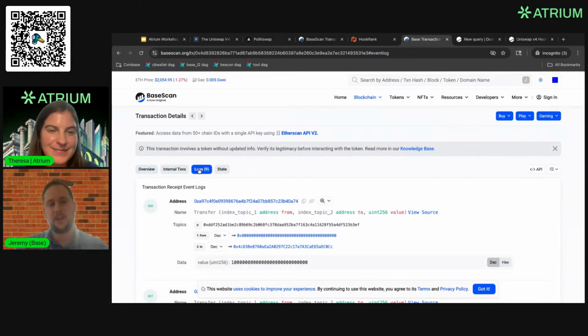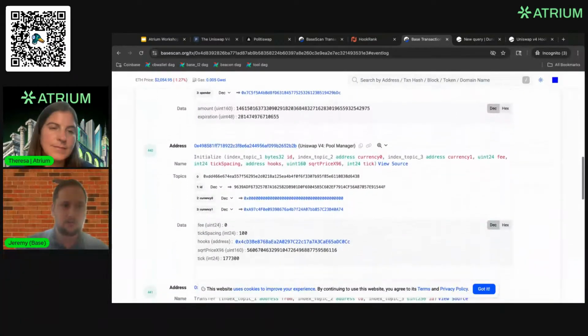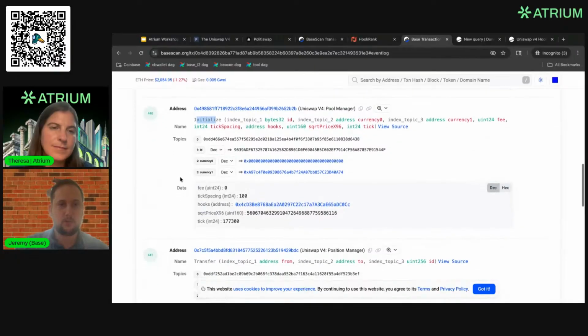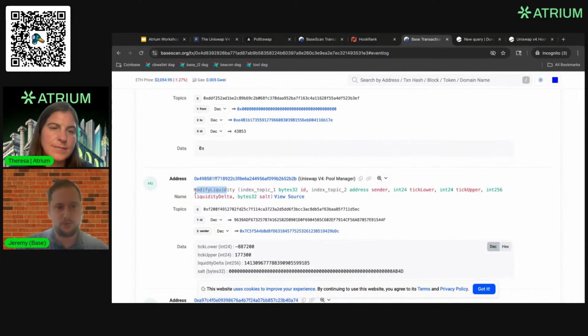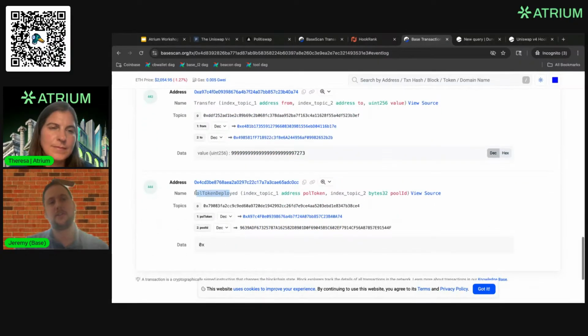The key thing here is that we want to look for some log that is going to be useful for us to track these transactions and get the relevant pieces of information, which in this case is going to be the token address for all the tokens that were created. If we breeze through the logs here, we can see it's initializing a pool manager, adding the liquidity for the pool. And here, this one looks like the most useful one for our reference at this point to get the assets, which is pool